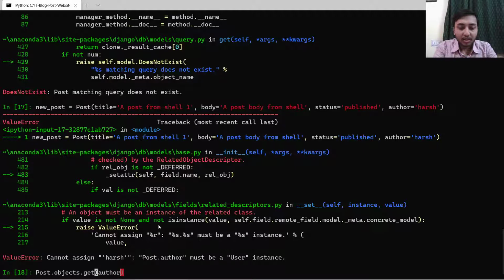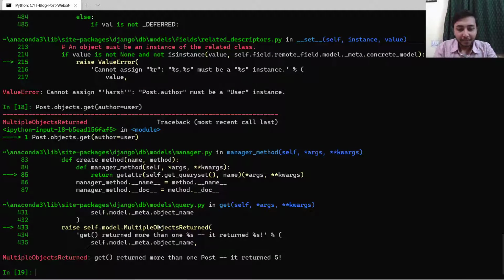So I will say author is user, press enter. We got an error. Get returned more than one post, it returned 5. So what does it mean? It means get will always return one object. Clear? Done. Now I'll just clear the screen.